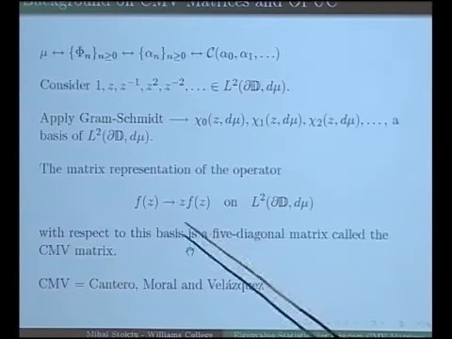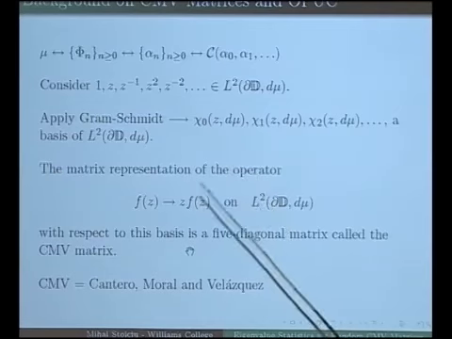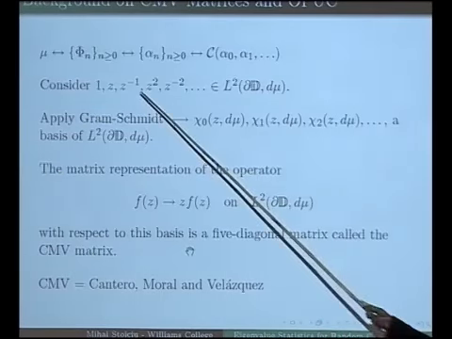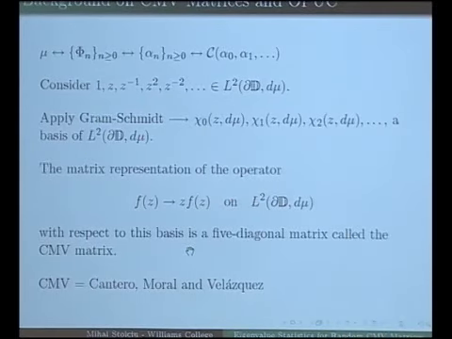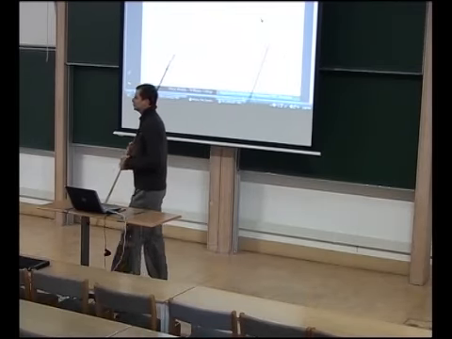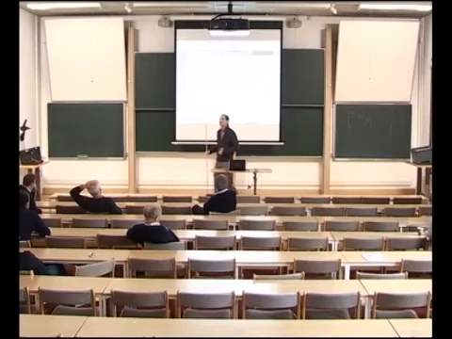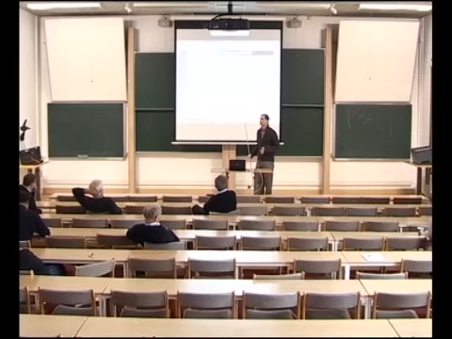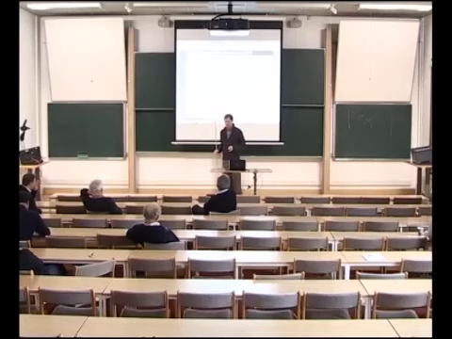Okay, so now a little bit of history. So Cantero, Moral, Velázquez wrote this matrix in 2002 in a paper. So they were Spanish mathematicians working in orthogonal polynomials. So they were basically interested in studying orthogonal polynomials on the unit circle, and they discovered that this way of writing the matrix representation gives this nice 5-diagonal matrix. So what was their motivation? To understand orthogonal polynomials on the unit circle. It really didn't come from